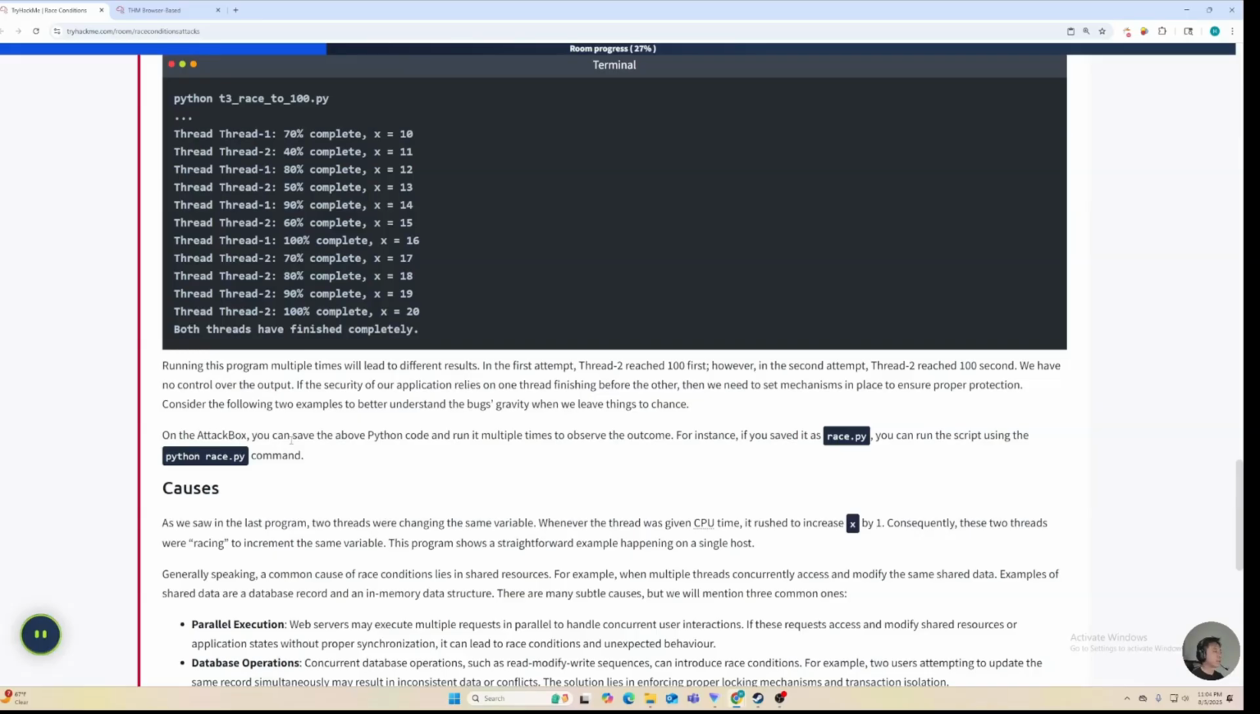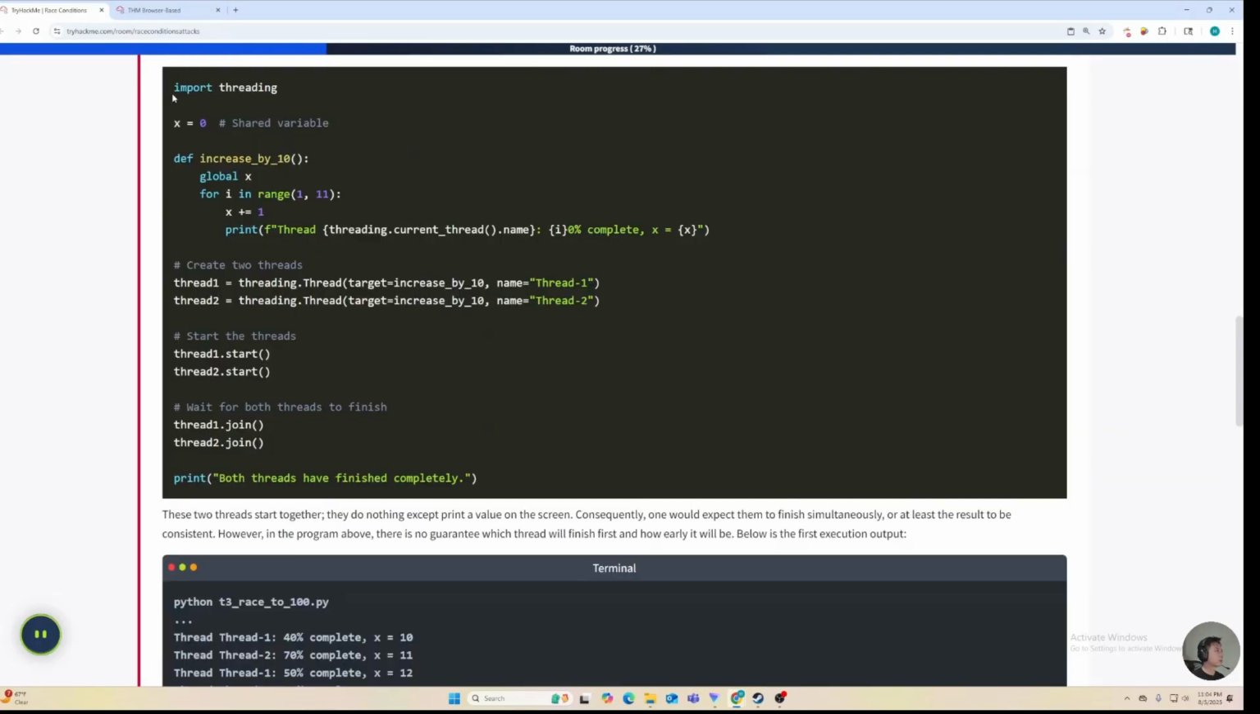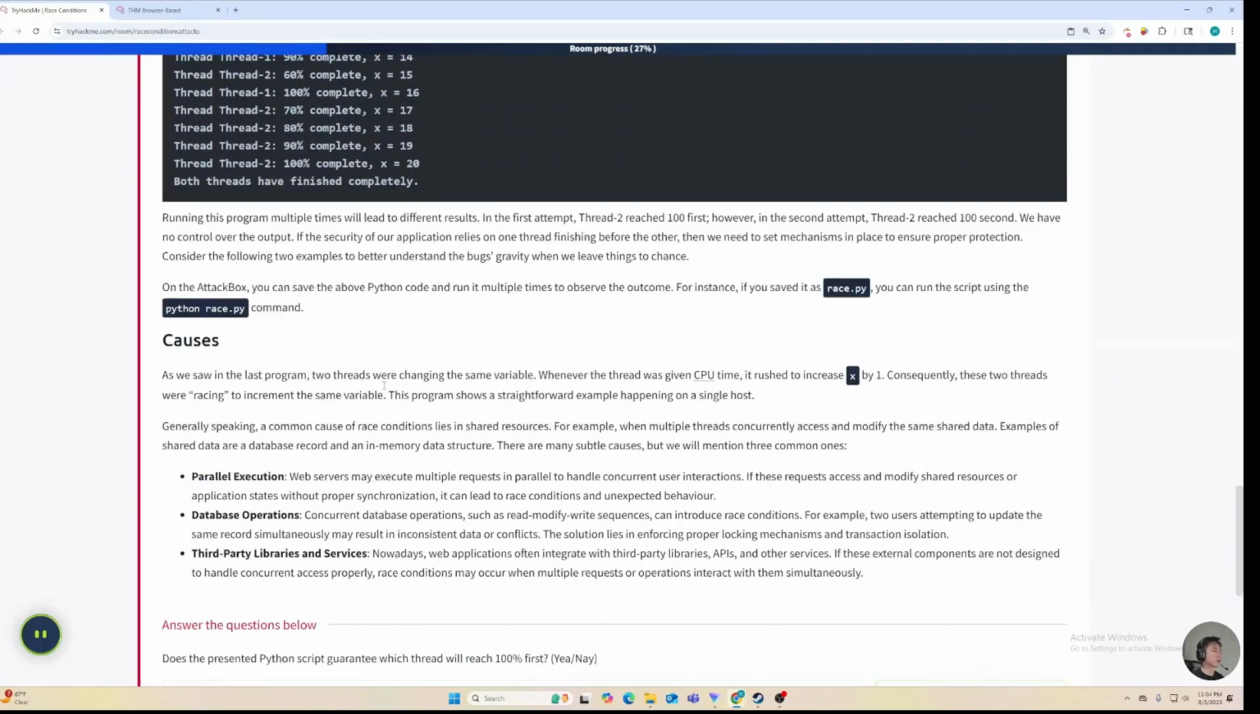On a text box, you can save the Python code and run it multiple times to observe the outcome. For example, if you save it as race.py, you can run the script using the command python race.py. It's pretty straightforward. You can just copy this code, put it in a terminal, try running it, and see different